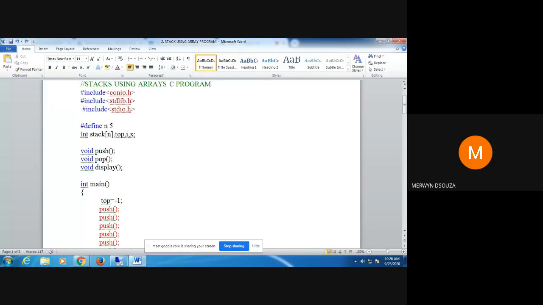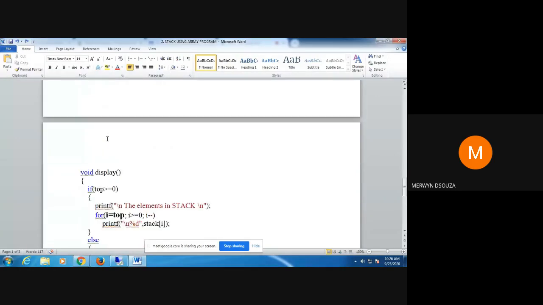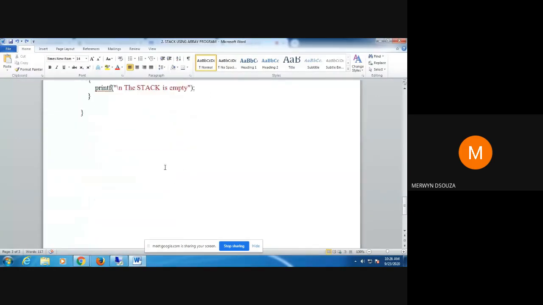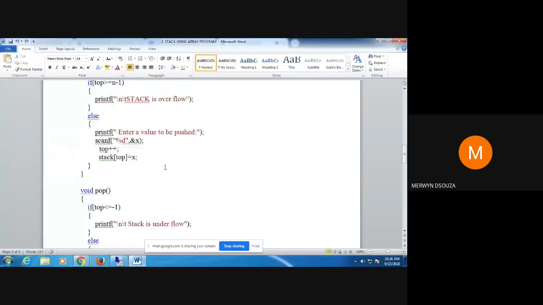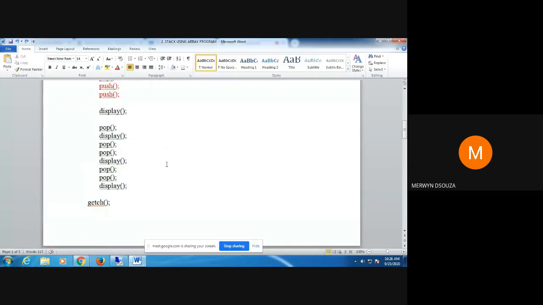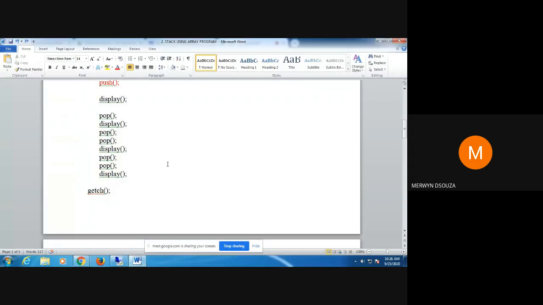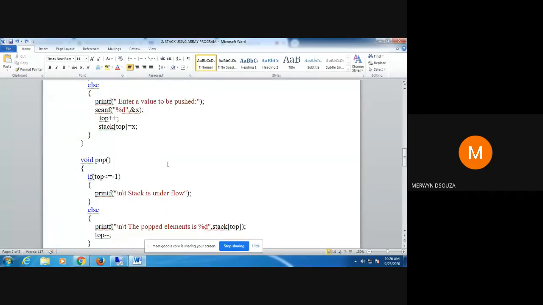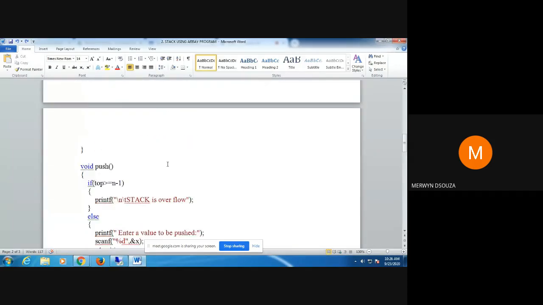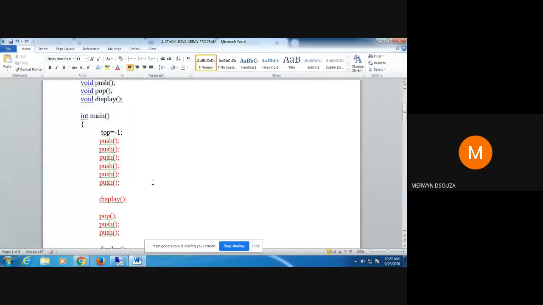Okay, so I'll post this program on your classroom. You can start writing it in your notebooks, and we'll meet for the next class on Friday. That time I'll maybe start with a new topic. This program we will also be doing for your practicals on Saturday. If you have Visual Studio or whatever software you are using for C programming, you can try this program. Like I told you last time also, I'm not sure whether this program exactly works in other software, but in Visual Studio it should work.